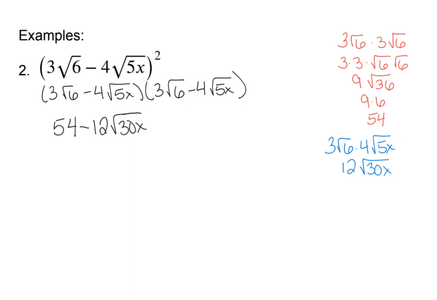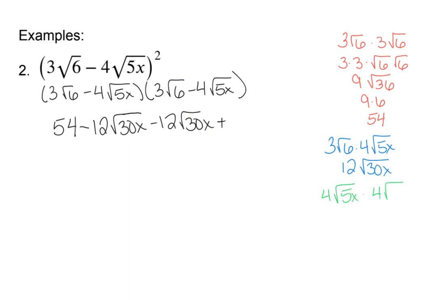But no mixing and matching unless somebody's coming out of the root. So that's the outside of FOIL. The inside of FOIL, if you notice, is going to be the same thing. So minus 12 root 30x. The last in FOIL, so negative times a negative is positive. And we're going to need to do 4 root 5x